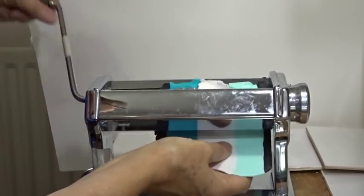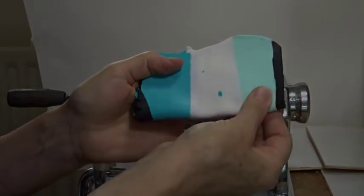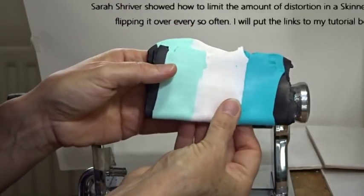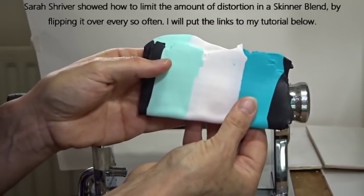As it comes through, I'm going to collect it in my hand and constantly fold bottom to top. If you've seen my video on Skinner blends, you'll know that I also flip it round that way. That's as a result of a tip Sarah Shriver gave in one of her workshops years ago, which I've been